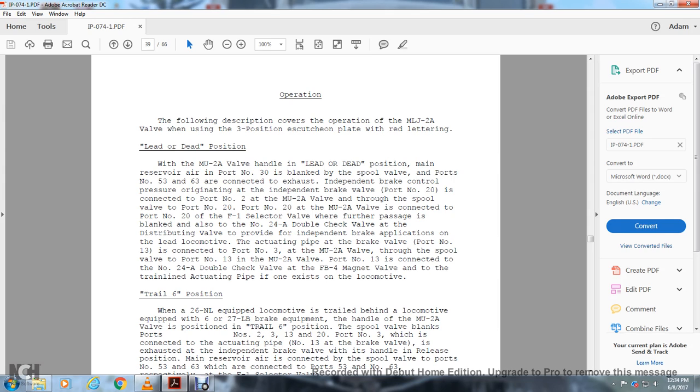to the exhaust. Independent brake control pressure originating with the independent brake valve, port number 20, is connected with port number 2 of the multiple unit 2A valve, and through the spool valve to port number 20 of the multiple unit 2A valve, which is connected to port number 20 of the F1 selector valve, with further passage blanked. It also has the number 24A double check valve at the distributing valve to provide for an independent brake application